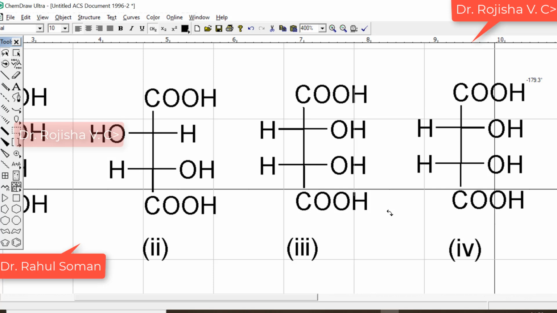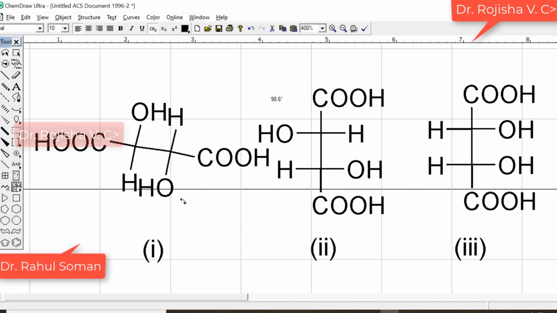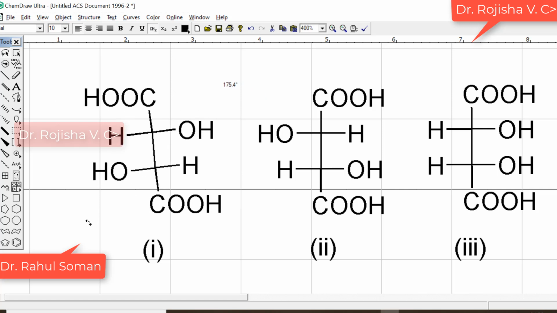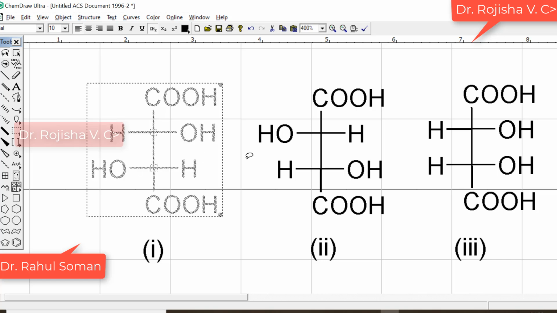That will form the third compound. Now this has become the third compound. The fourth compound's own existence is not there, so both are the same compound only. But in the case of one and two, if you rotate by 180 degrees also, they keep their own identity. Now it is still L-tartaric acid only, and both are existing.